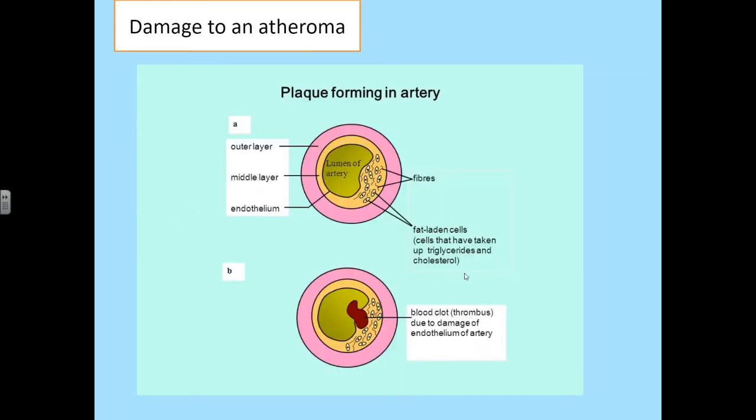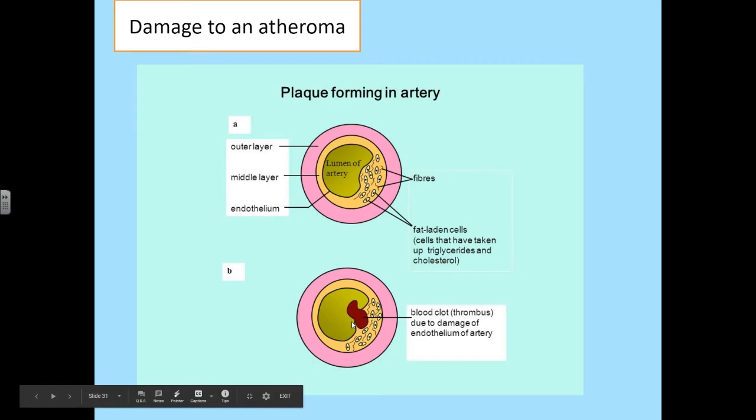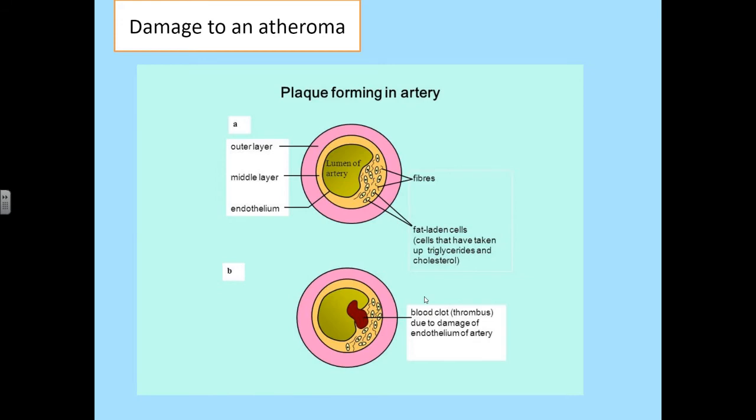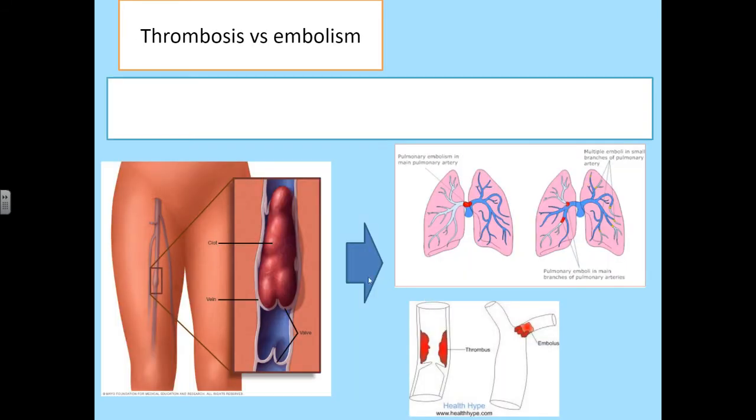So this is just a wee diagram to show you. So we've got the formation of a plaque of atheroma, cholesterol, fibrous stuff underneath the endothelial lining. We can see damage and a blood clot, a thrombus. The blood clot that is staying where it is is called a thrombus. It can cause lots of nasty things because it cuts off the blood supply after it. It's only really when it goes on the move that it starts to damage other parts of the body.